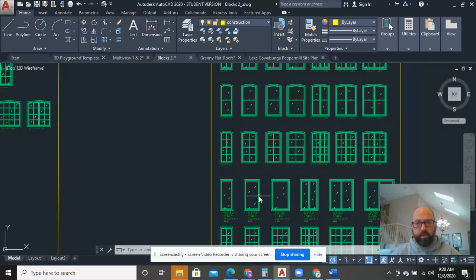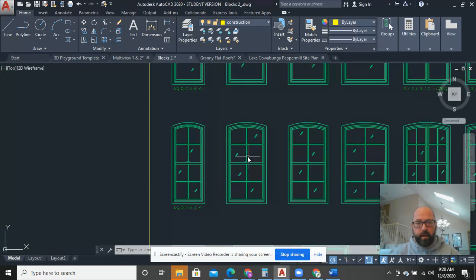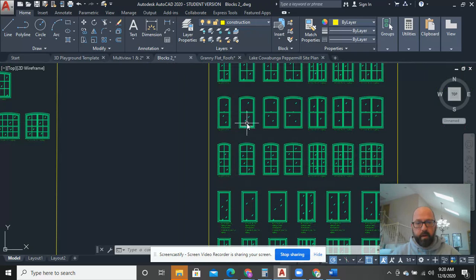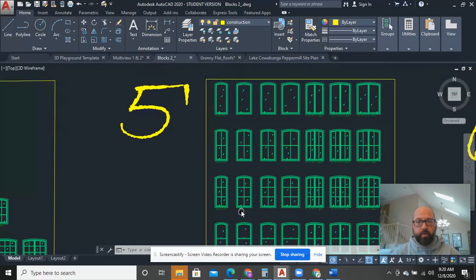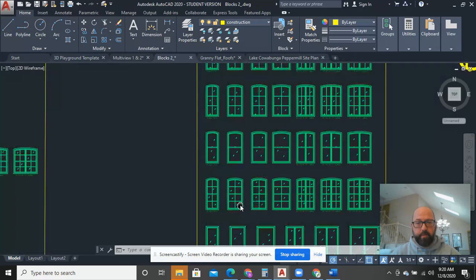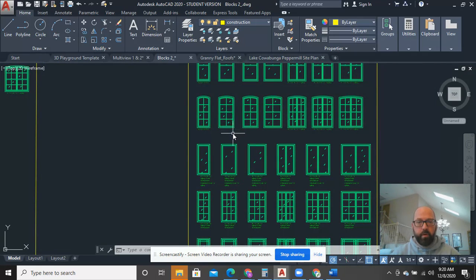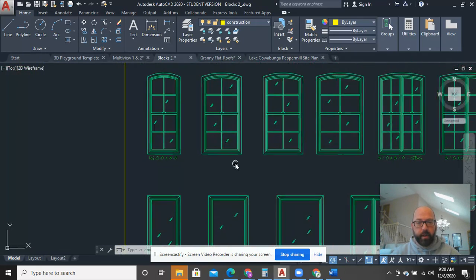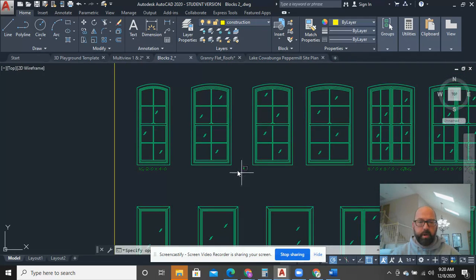And so I'm going to go to my 2.6 by 5.0s and find one that I think is suitable. Do I like the arch tops, or what do I like? In this case, I'm going to pick an arch top. Okay, so I'm going to grab one of those,